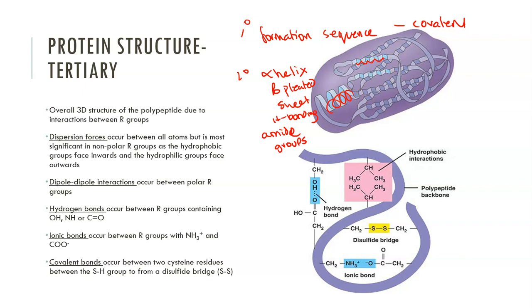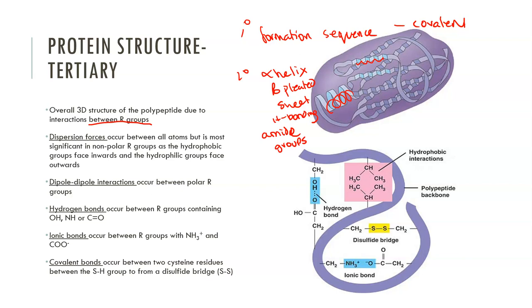So if we're defining the tertiary structure, it is the overall three-dimensional structure of the polypeptide due to interactions between the amino acid side chains, so variable R groups. Remember, we have 20 different amino acids. They could be broken down into whether or not they were ionic, hydrophobic, hydrophilic, hydroxylic, i.e. containing a hydroxyl group, basic, all those different categories. Because we have all those different side chains, we see a large number of different interactions that can occur to